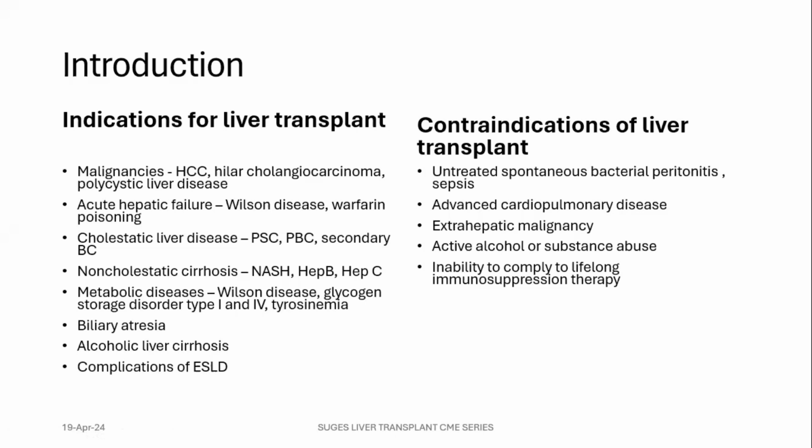There are several: malignancies, acute hepatic failure, cholestatic liver disease in patients who have primary sclerosing cholangitis, primary biliary cirrhosis, secondary biliary cirrhosis, and then non-cholestatic cirrhosis, which can be caused by non-alcoholic steatohepatitis, and complications of hepatitis B and hepatitis C viral infections, and then metabolic diseases like Wilson disease, glycogen storage disorder type 1 and type 4, and tyrosinemia, biliary atresia, alcoholic liver cirrhosis, and complications of